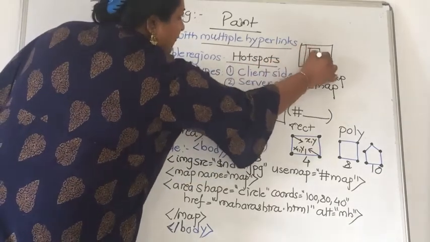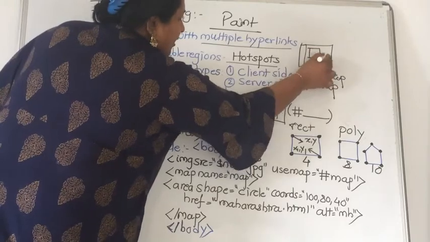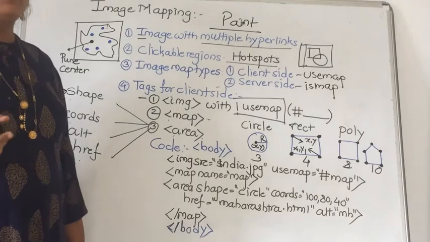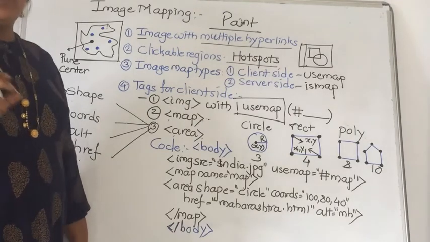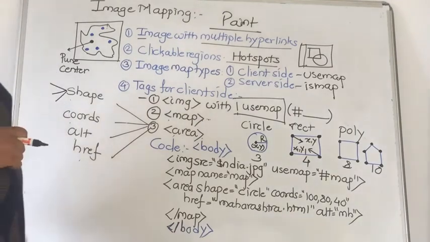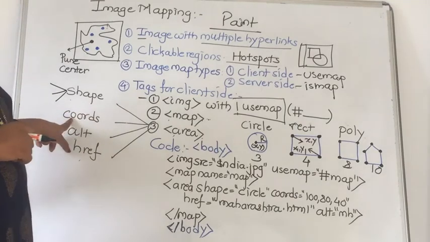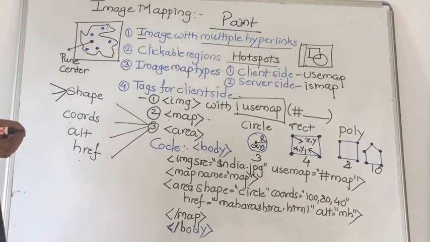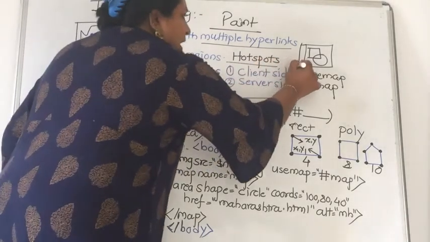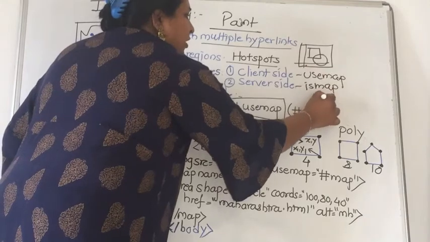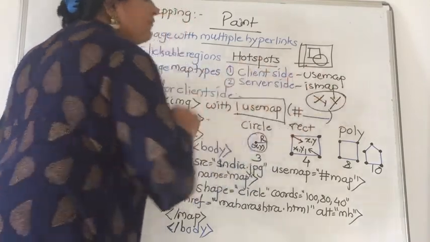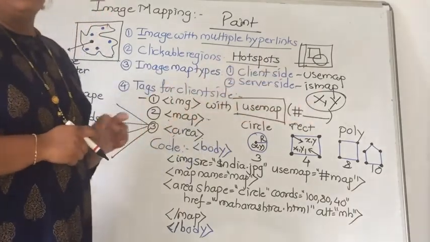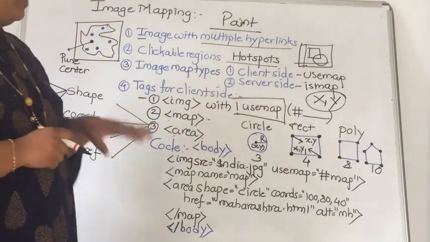Overlap means, if I draw a square here, then I should not draw the circle here. They should not overlap one another. You will draw these shapes at separate points. Then, how to note down the coordinates. After drawing the shapes in Paint, below that there is a status bar on which you will get the x and y coordinates of your position. So two coordinates are there, one for x and one for y.